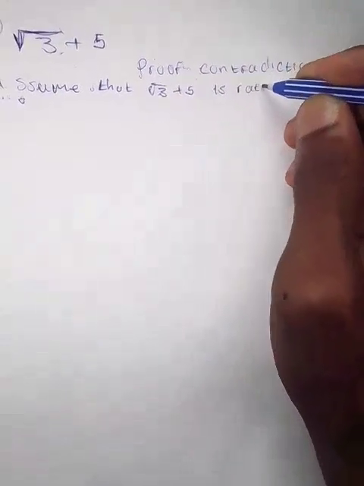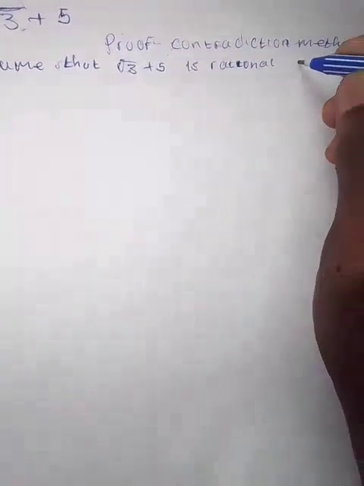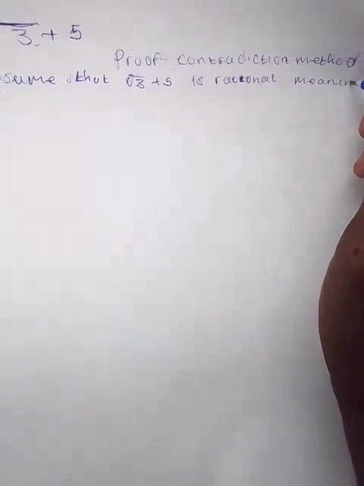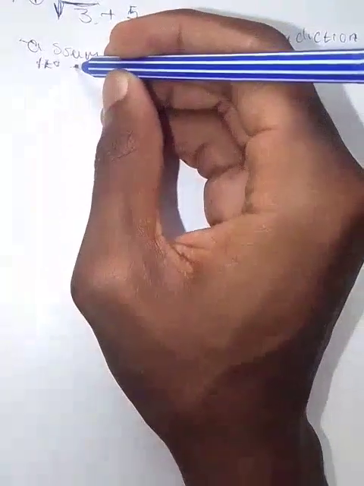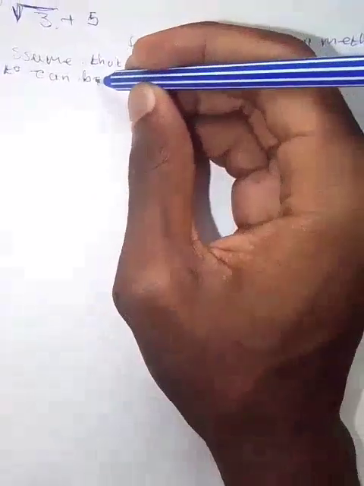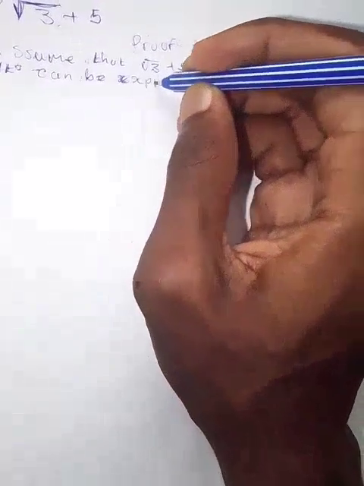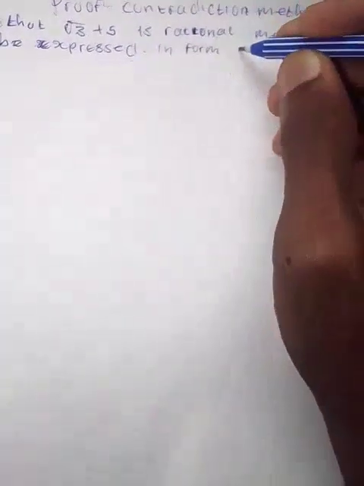Remember, we are contradicting. It's rational, meaning that it can be expressed in the form of a over b,